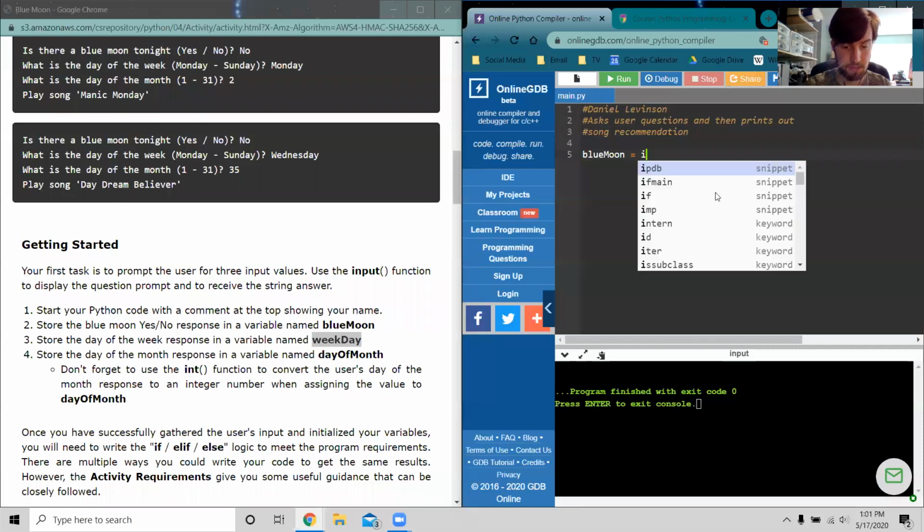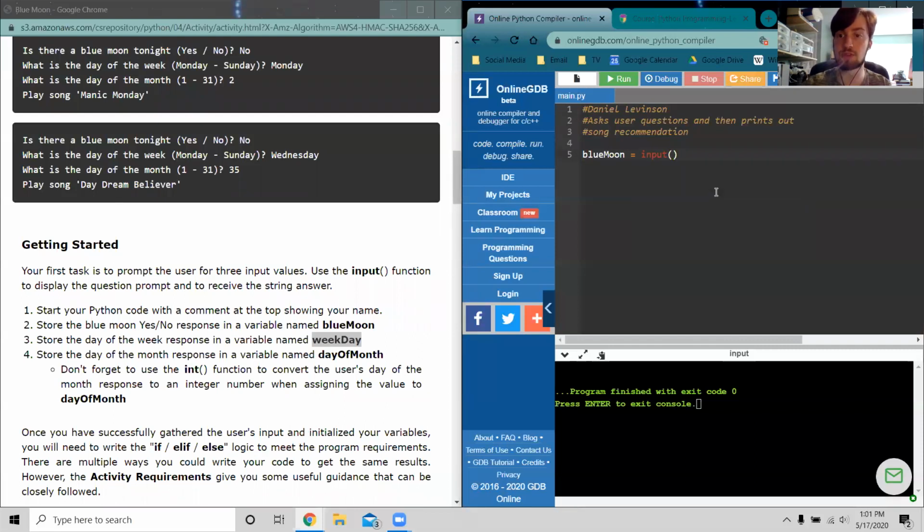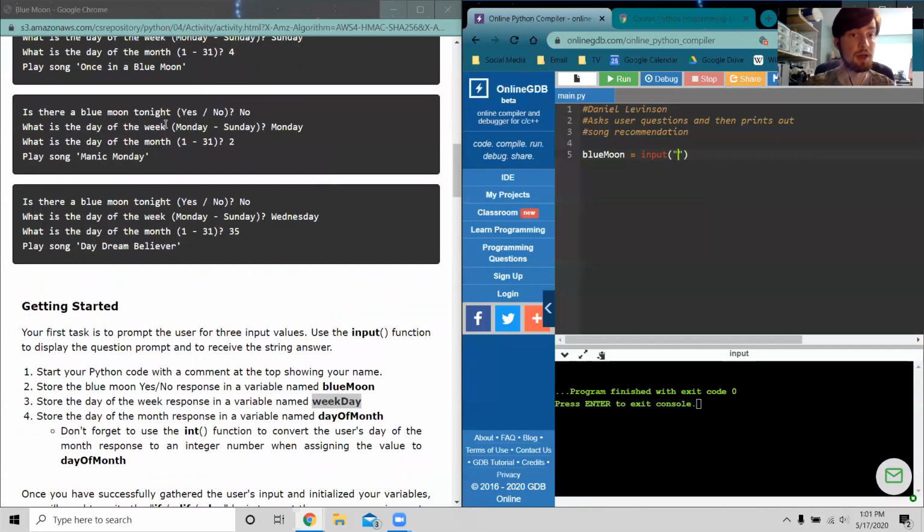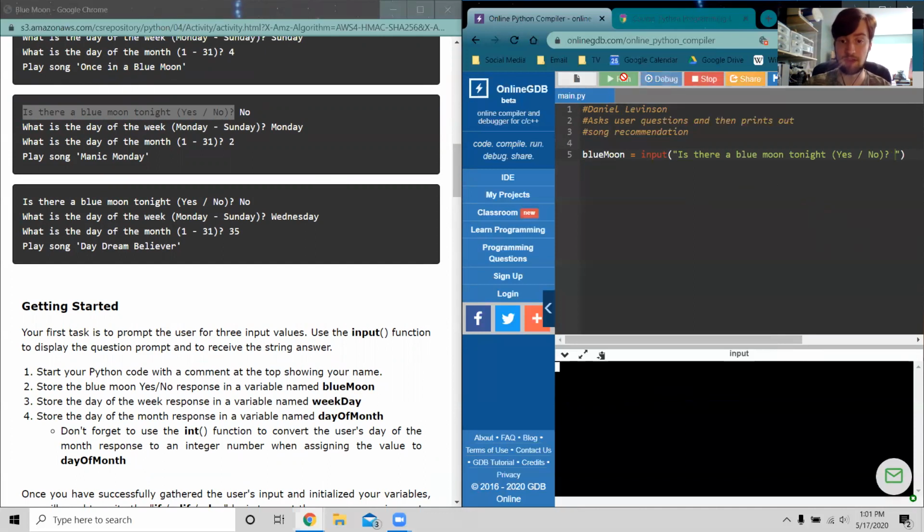So blue moon equals input to get the user's input, and we're going to type out the question, is there a blue moon tonight, yes or no? And I'll just copy that. Is there a blue moon tonight, yes or no? And I'll put a little bit of a space. Okay, so let's just see what that looks like. Run. Oh, here we go. It prints to the screen, and then we'll say yes. And then here the program's done. There's nothing else here. So we're going to do that